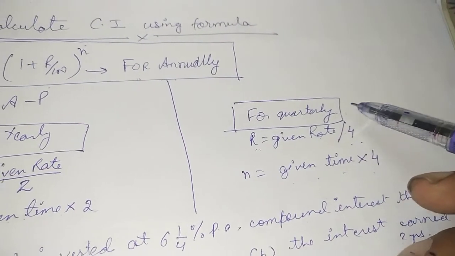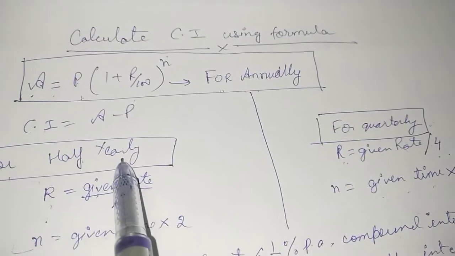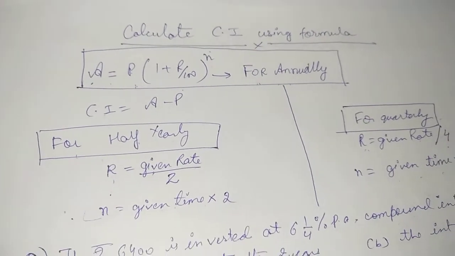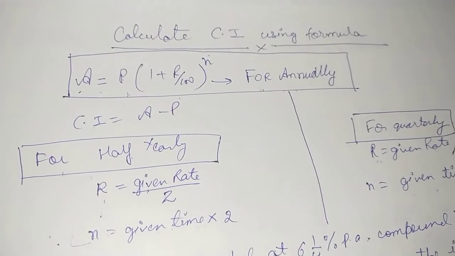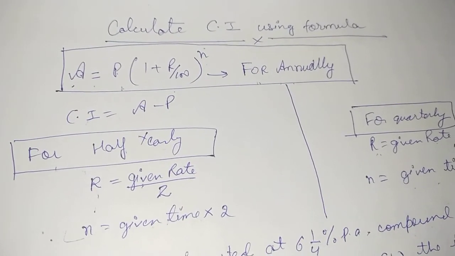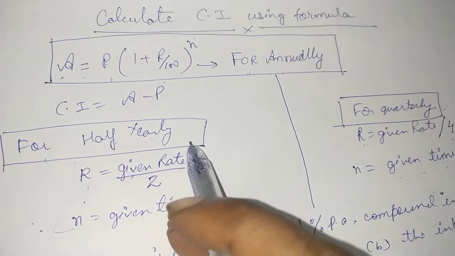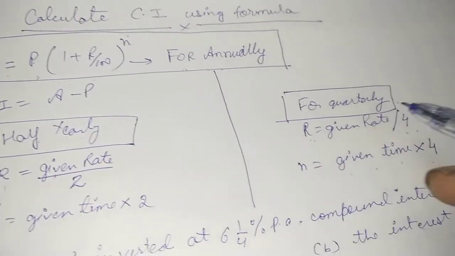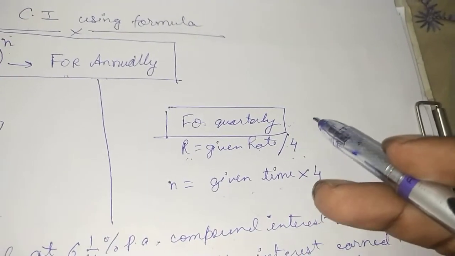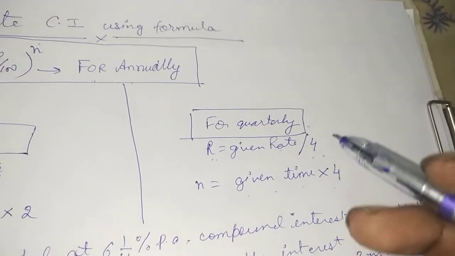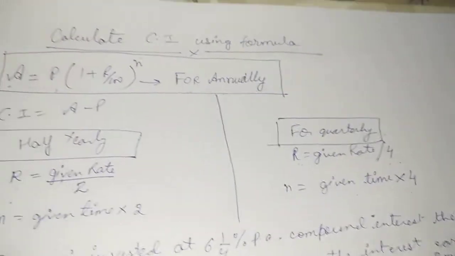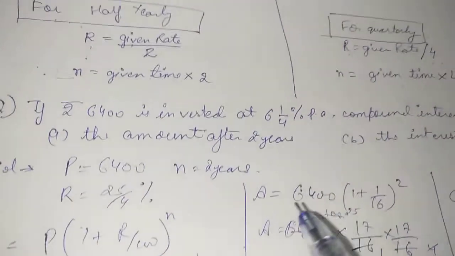Now what does it actually mean to take quarterly and half yearly? Just like we had done in the questions in the previous video, you can go through where we have taken up questions in which the interest was calculated half yearly. That means interest was calculated at the end of every 6 months. Similarly, the interest was calculated at the end of every quarter. So in that case, more interest will be generated. Clear? Let's take up a question that will be more clear to you.